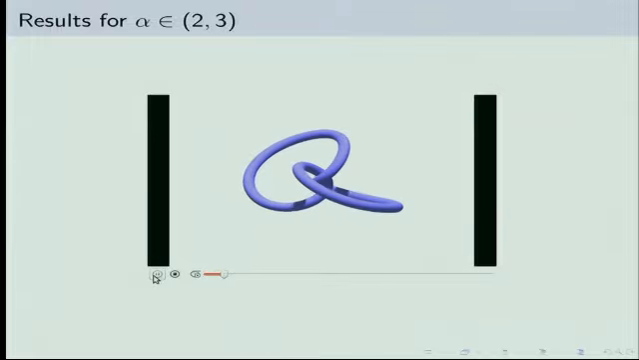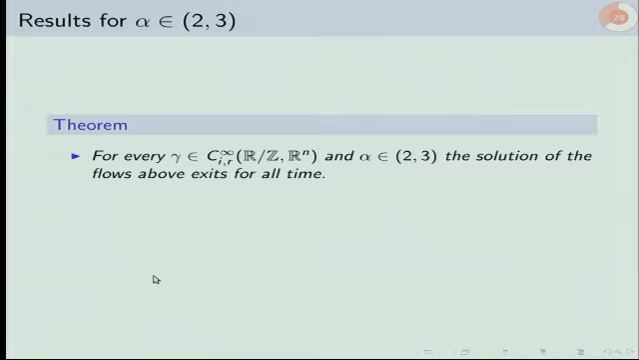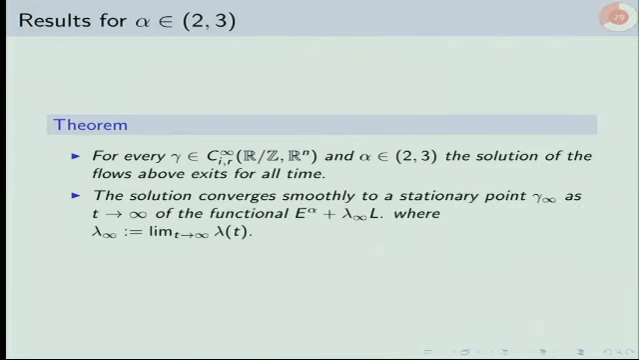So what about results? Well, if we work with the subcritical exponents, alpha being between 2 and 3, something like that happens. So somehow the world is nice here. And actually, that's also something I can prove. So if I'm looking at the subcritical case and you give me any, let's say, smooth curve, the gradient flow exists for all time, and it converges smoothly to a stationary point of a functional,